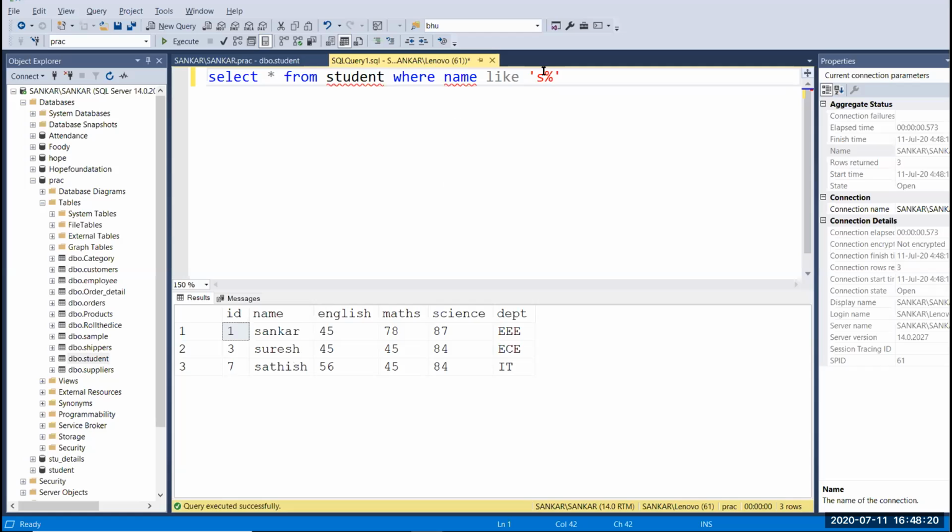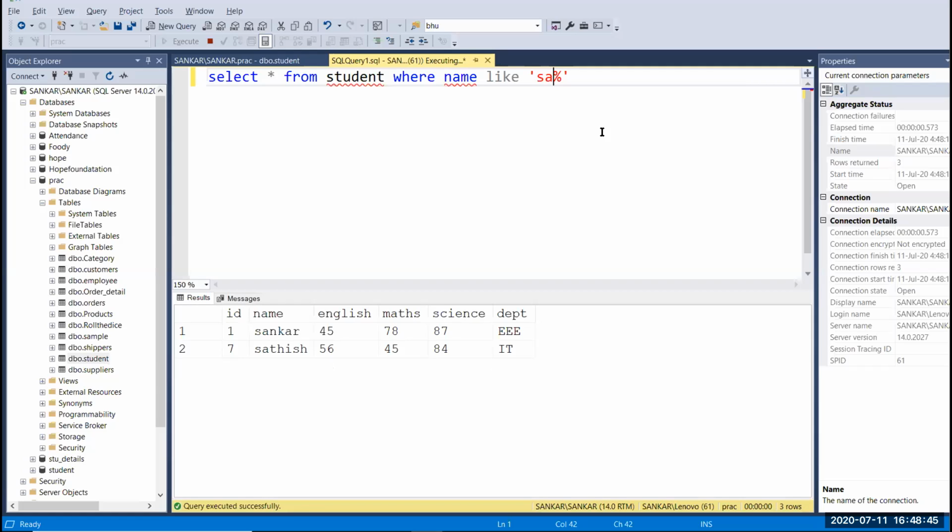Now you can see that these 3 names start with S. You can also pass more characters here. I'm going to give S and A, because I want to print the names that start with SA.